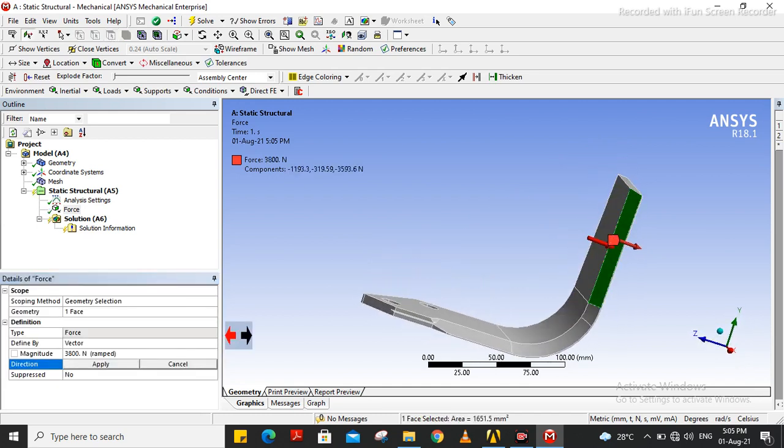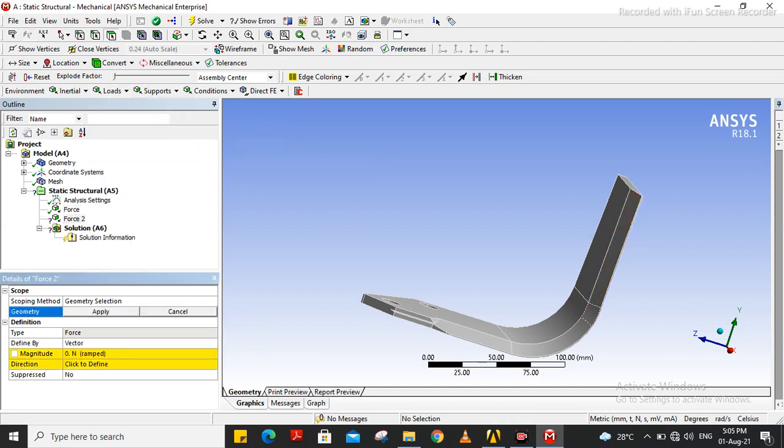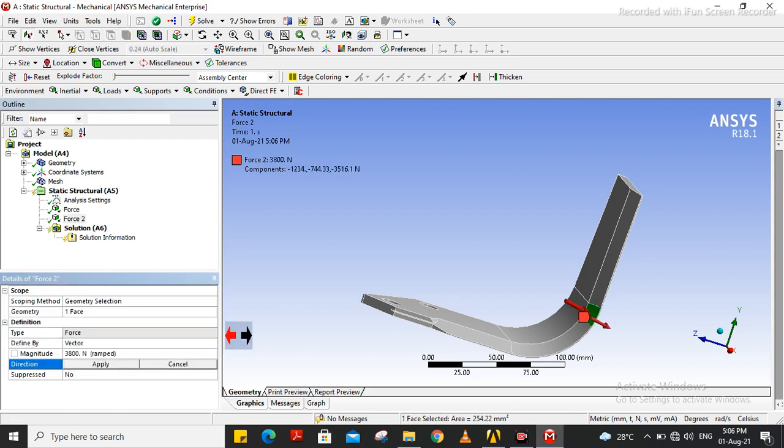So direction is okay. Then again I want to apply the load on this face, having same 3800 Newton and having the same direction. Why am I applying different loads at different faces? Because the orientation of that face is changing, so that force is tangentially applied over here. So I'm taking different one.